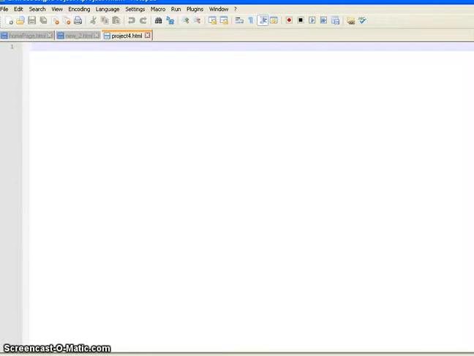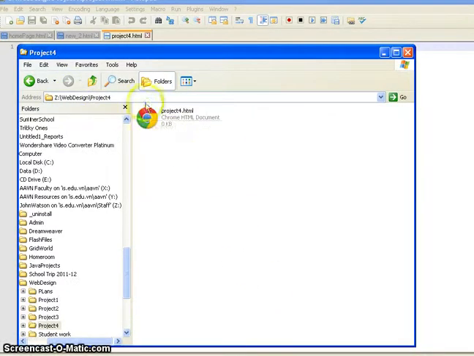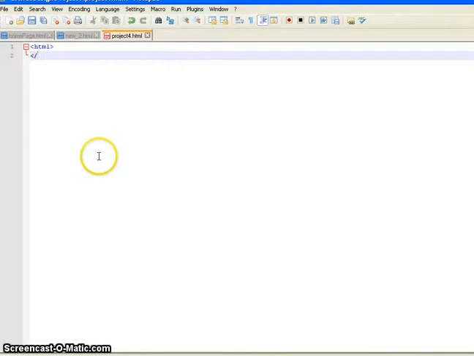Before we start, I've already created within my web design folder a new folder called Project 4. And I've just got my HTML file waiting to be used, and here it is. This is my Project 4 HTML file. So I'm just going to build up a little bit of this before we start. I'm going to put in my HTML tags,